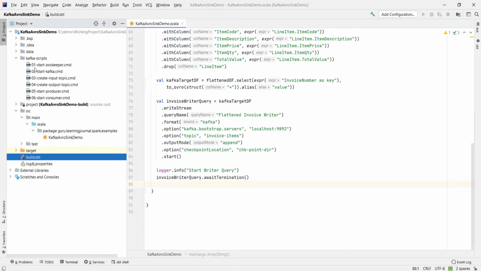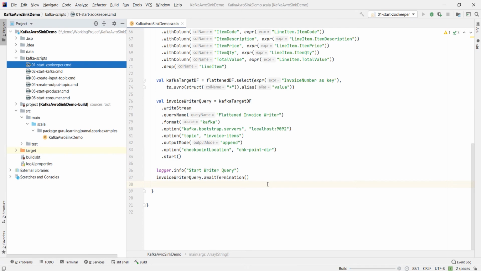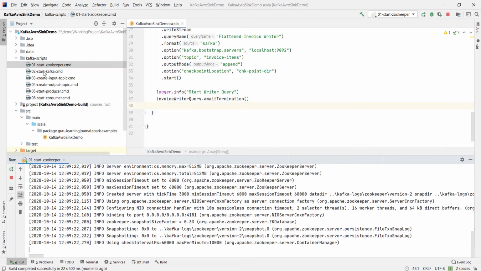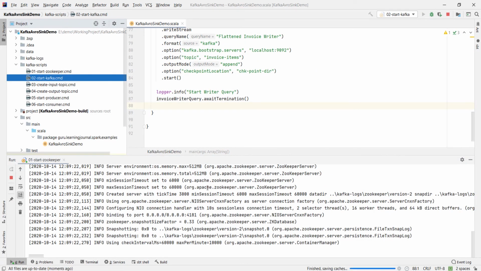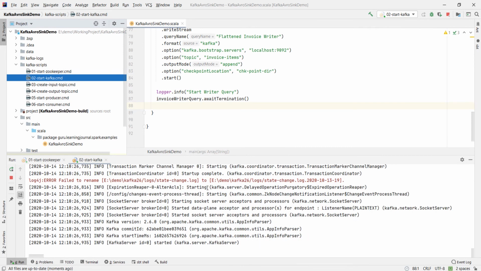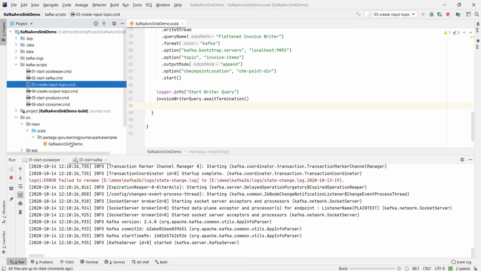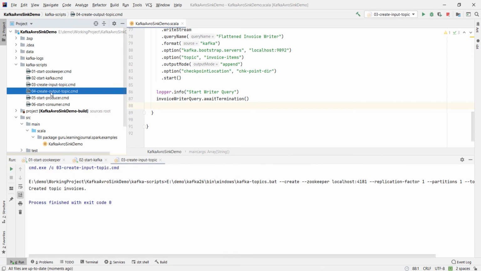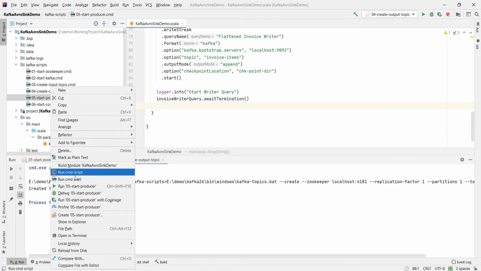Now let me run it once and show you some output. Start the Zookeeper and Kafka server. Create input and output topics. Start the producer and send at least one input.